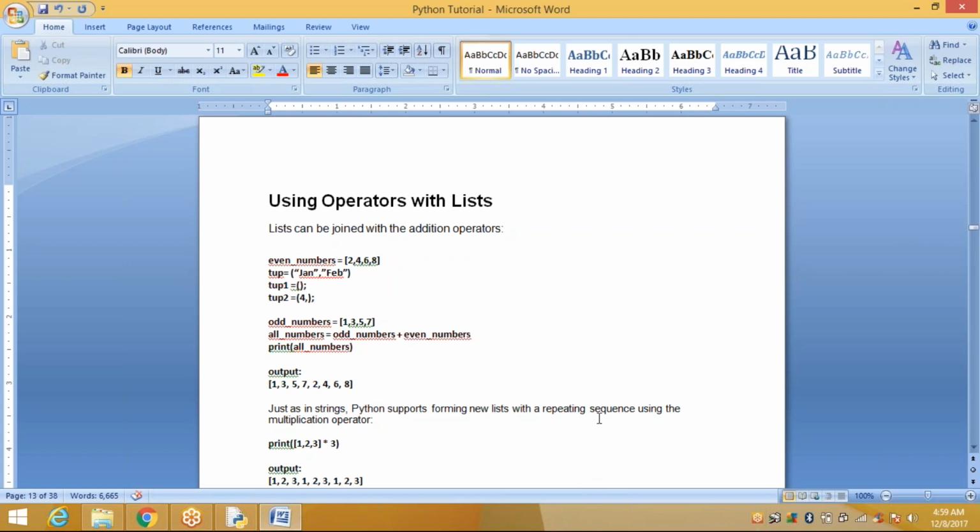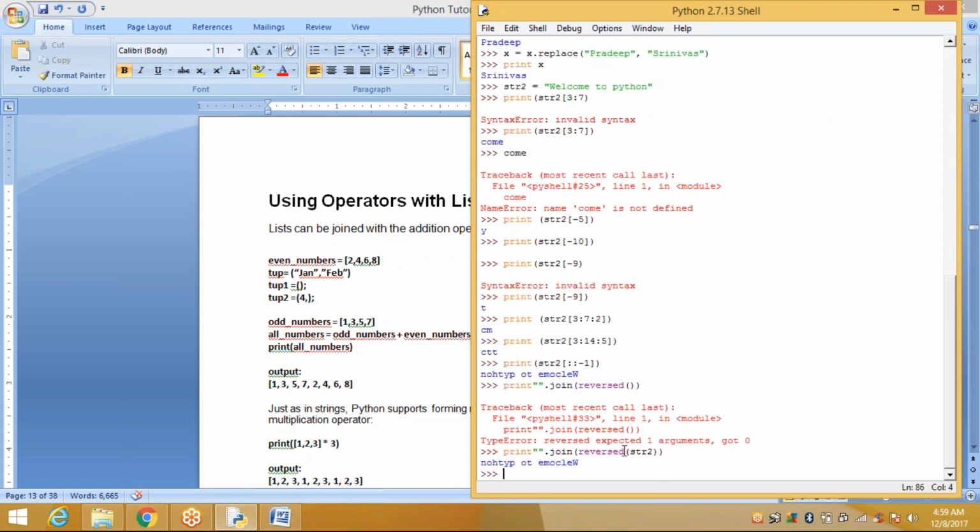So how to define it? See here, how to use the tuple.